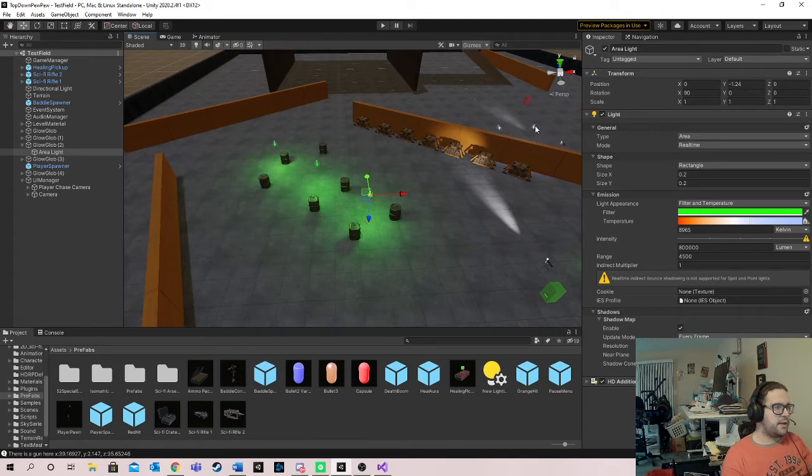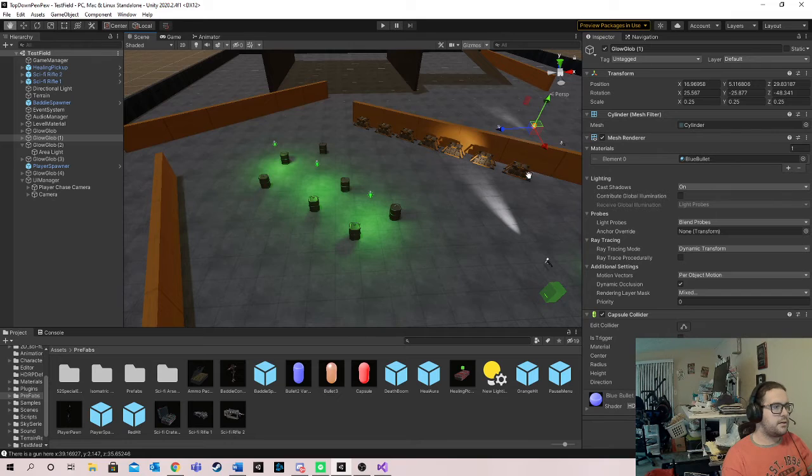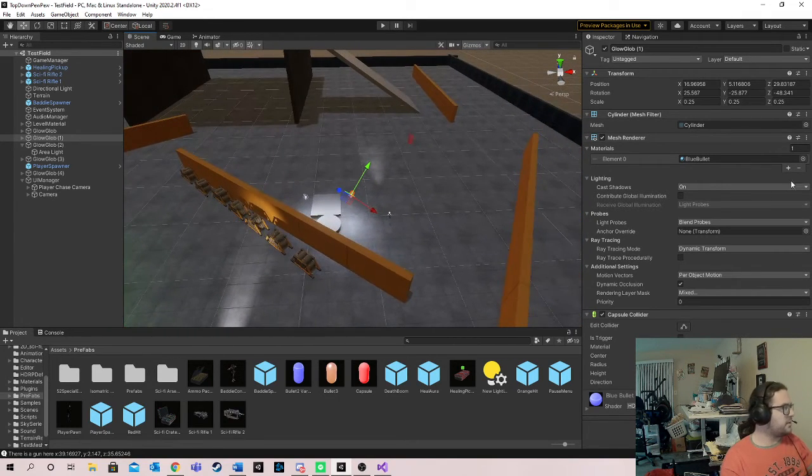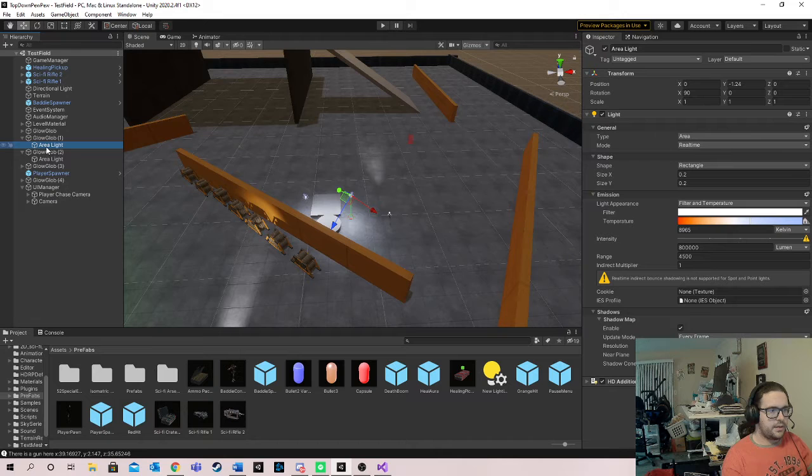So this one's an area light, and I think... Is that right? Yeah, that's right. And this one's also going to be an area light. It's just going to be in a different color. So then what you see with the lighting for this is that you have the various settings for the lighting and its range and its intensity multiplier,